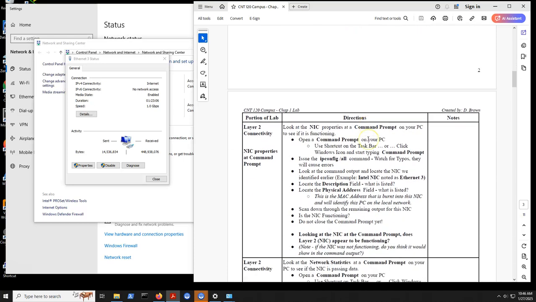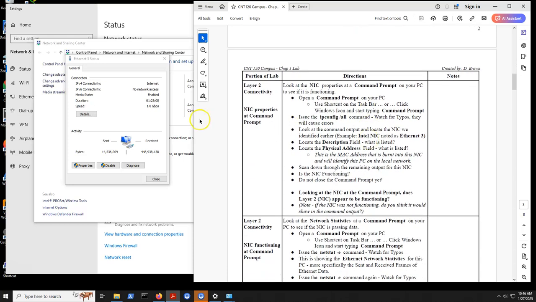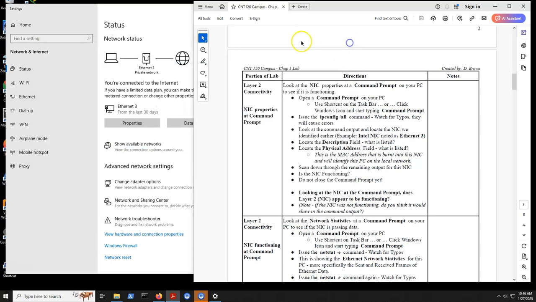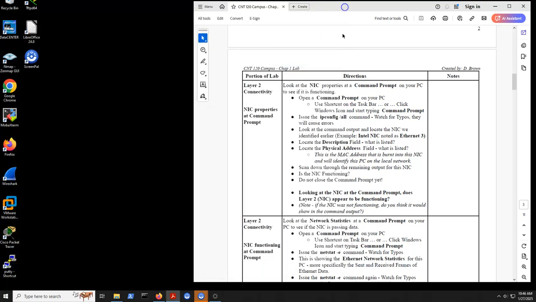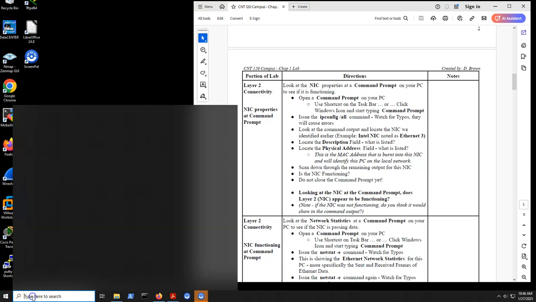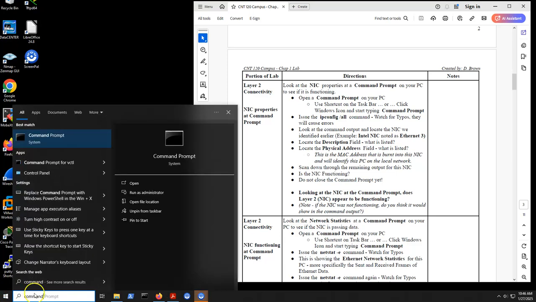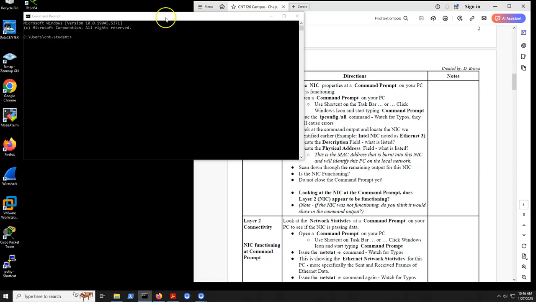We're going to go yet another way, okay? So I'm going to close these out, and we're thinking Ethernet 3. That's the network card that we're looking at, Ethernet 3. We're going to open our command prompt and see what the command prompt tells us. So in the bottom bar, I have a link here for the command prompt, or I can start typing command prompt. One of the two will get me there, okay? I'm going to open the command prompt,